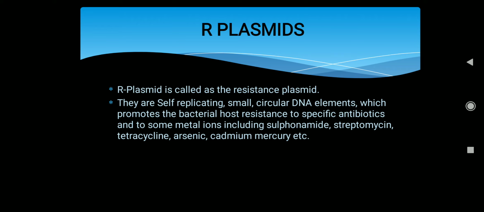Certain microorganisms are resistant to metal ions, and some are sensitive to metal ions. When a metal ion is there, some microorganisms or bacteria will die. That is called the oligodynamic action of metals. So when a metal is used to kill a microorganism, that is the oligodynamic action of metals, whereas certain microorganisms carry resistance to these metal ions. They are called R plasmids, resistance plasmids.